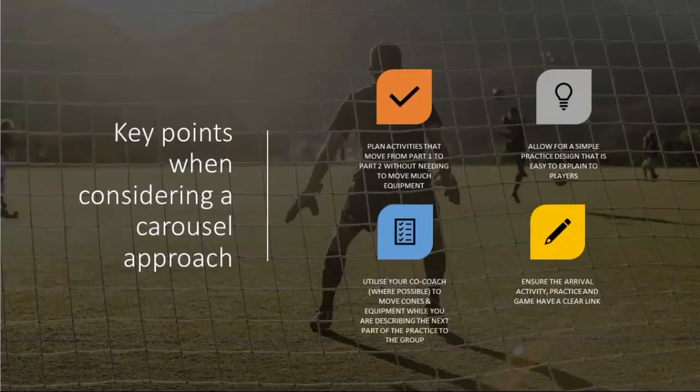And then when you go back into your game at the end, just take the lines away. On some reflection from myself, maybe 15 years ago when I was coaching, I thought if a good coach is someone who can lay out 70 cones where it looks like a helicopter's about to land, and dictate different parts of a practice and remember all this stuff, then I'm definitely not a good coach. Through time, I've realized that maybe isn't fantastic coaching. Giving players a sample of the game and keeping things really simple is, and it helps players connect with what's important to them when they go and play at the weekend.